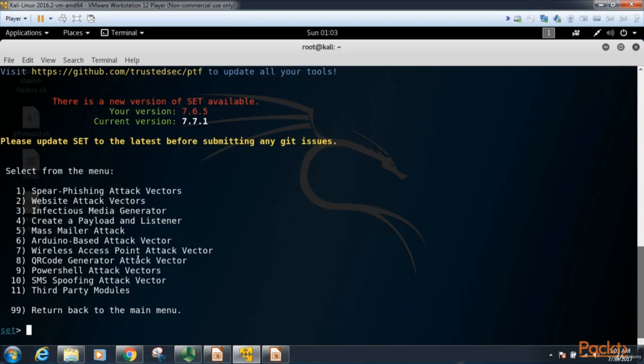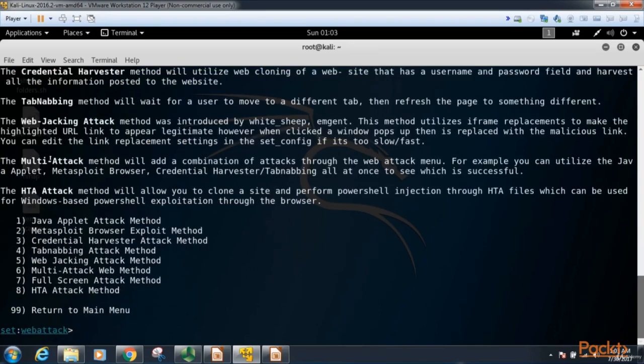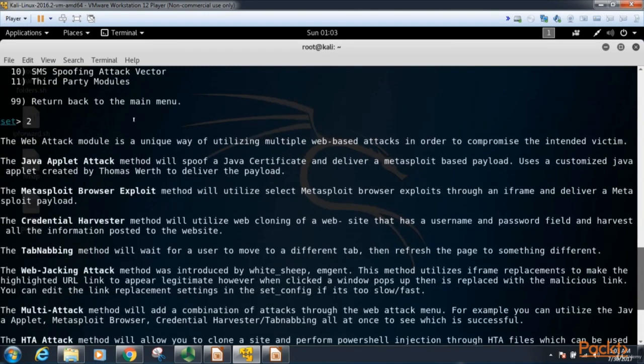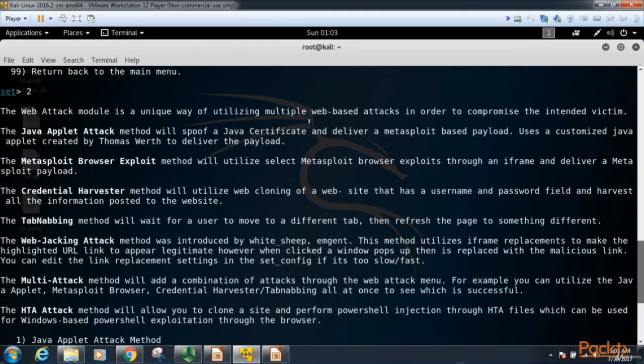So for this demo, we're going to go ahead and do website attack vectors. So we'll type 2 and hit enter. This brings up another menu, and you can see the various attacks that are somewhat explained up here at the top. We have a Java applet attack,